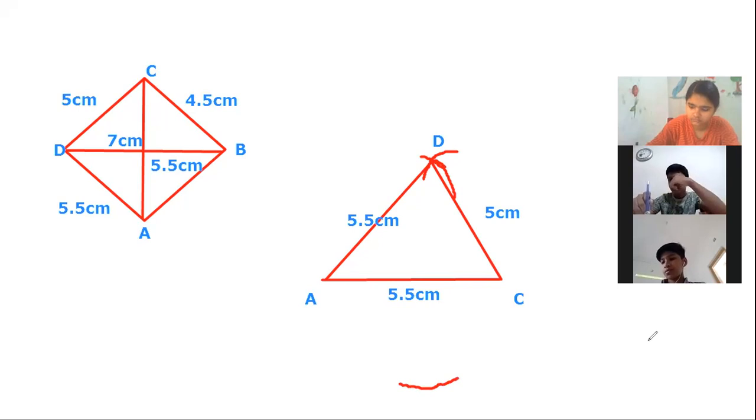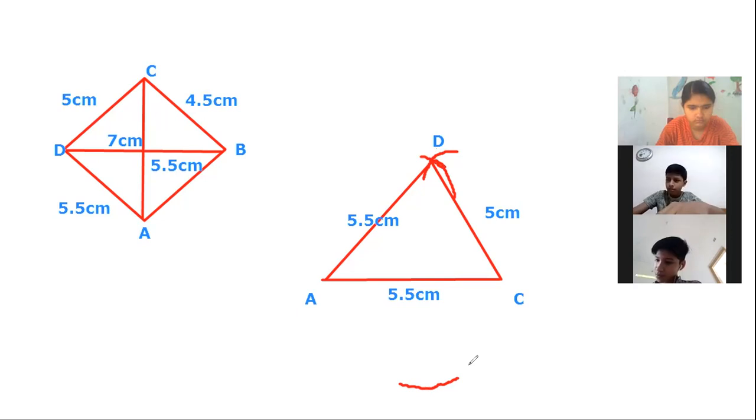Miss, where should the compass be placed? No, we have to place the compass at D because we are going to draw the line DB, BD or DB. The length of BD or DB is chosen as 7 centimeter. That is the second diagonal. That's why we are starting with the D and we have chosen 7 centimeter in your compass. And after that, placing on D, we have drawn an arc.